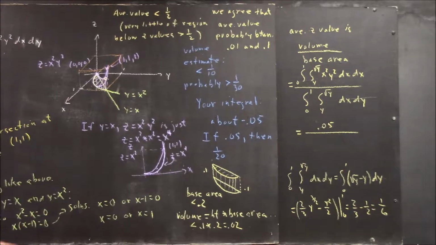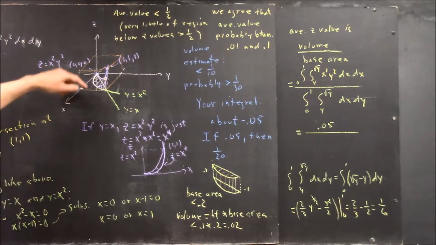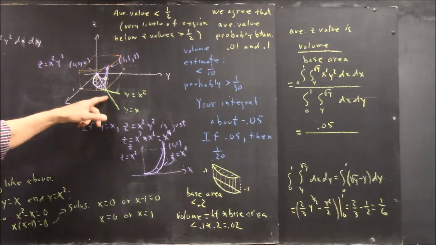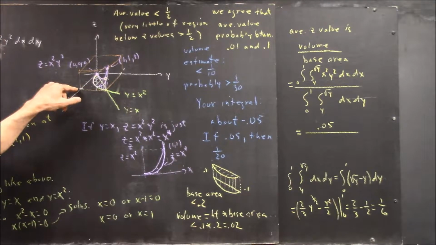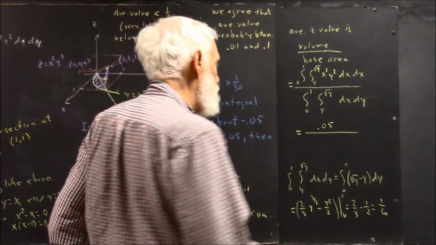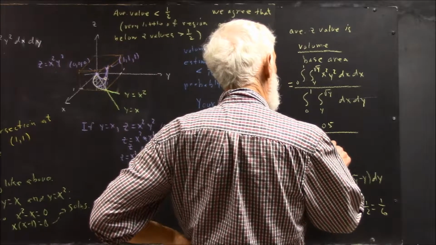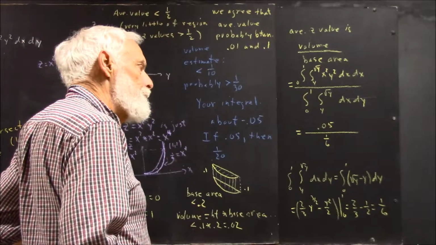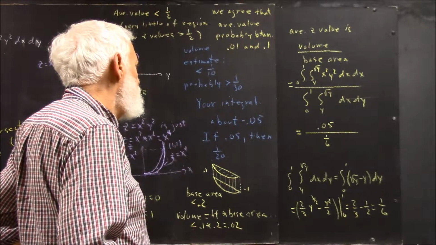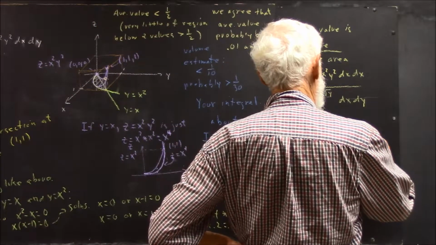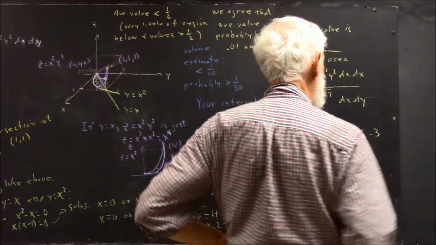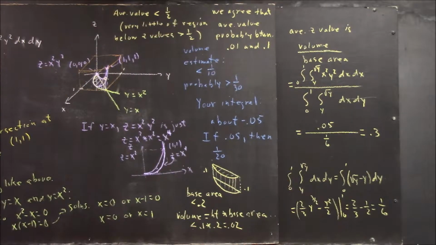Okay? Now that compares with our idea that the area of this thing is maybe, well, it turns out that it's 1/3 of the area of this half of the unit square, okay? Because 1/6, 1/3 of 1/2. Okay, so this is over 1/6. That equals 0.3. So now I'm beginning what I was